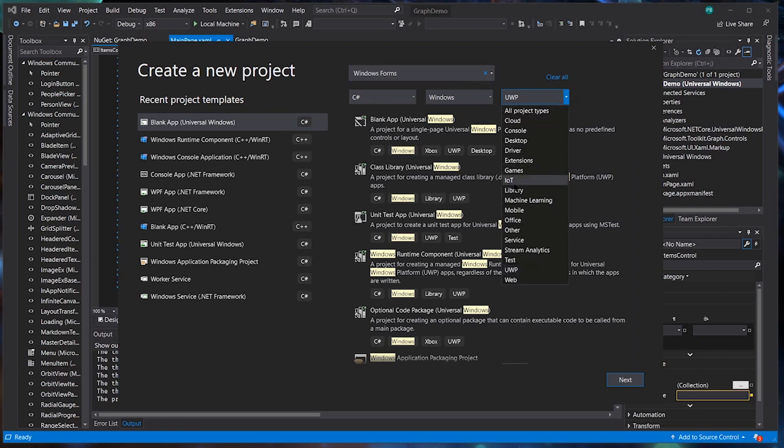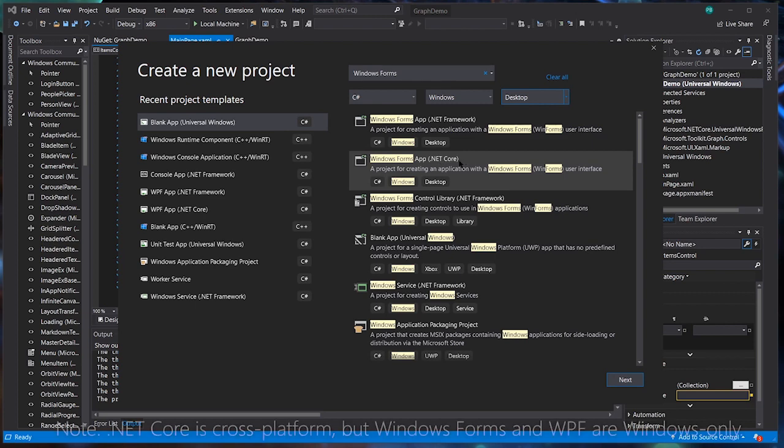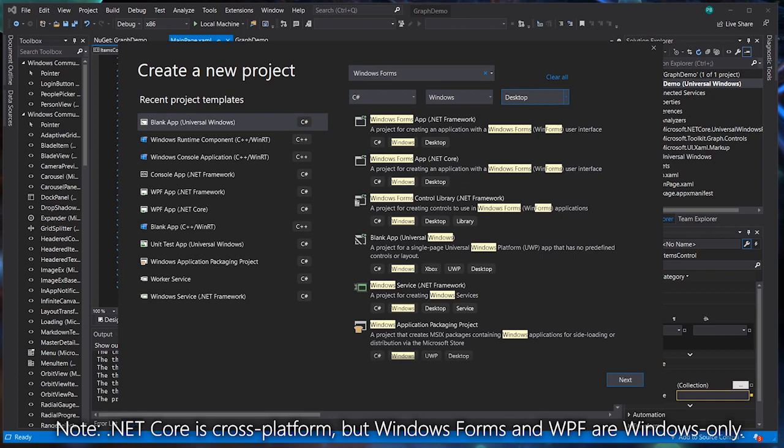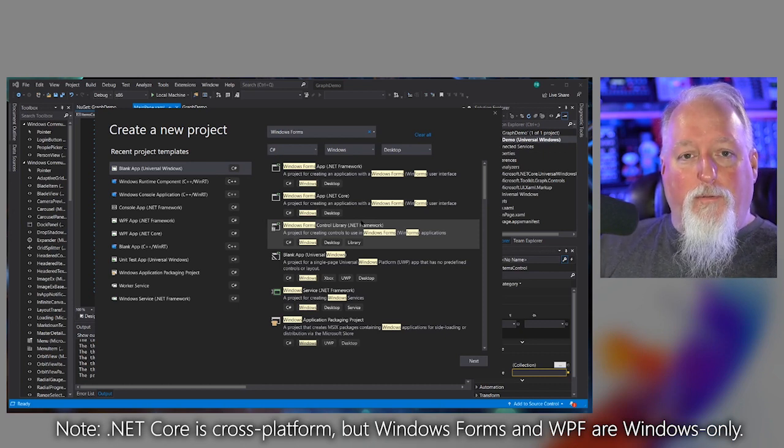UWP, that's a problem. So if I go under Desktop, Windows Forms app, .NET Framework, .NET Core, etc. We're going to have some more templates here coming soon for .NET 5, but I can build a Windows Forms application for .NET Core, which is the cross-platform version of the .NET Framework. So it's a kind of a subset of the .NET Framework, but it also works on Mac and Linux and other operating systems. And then we have the full .NET Framework, which is the .NET Framework that we have had,